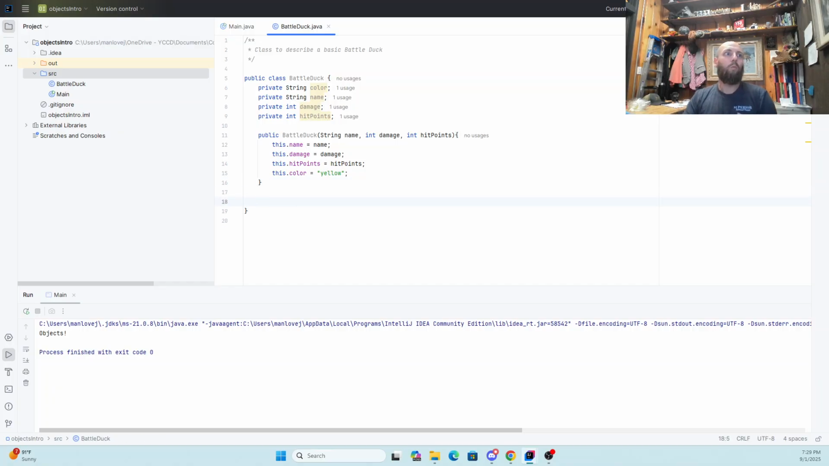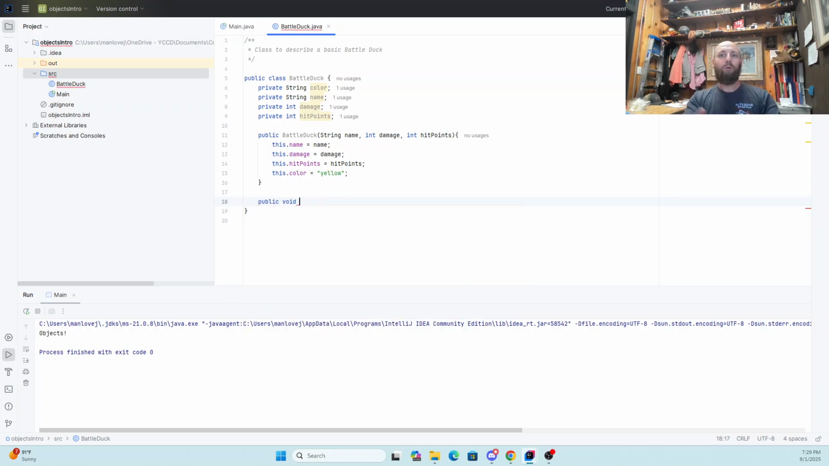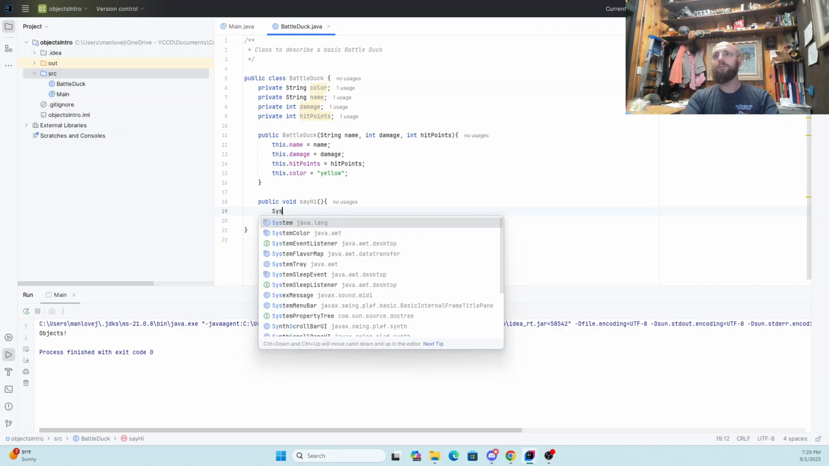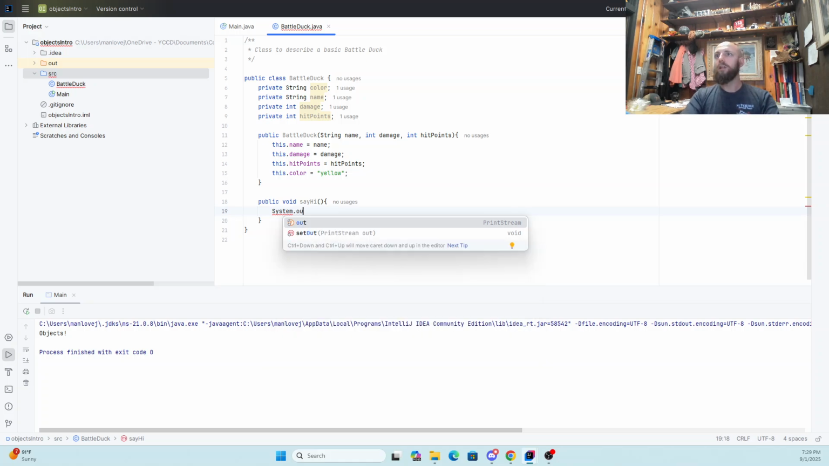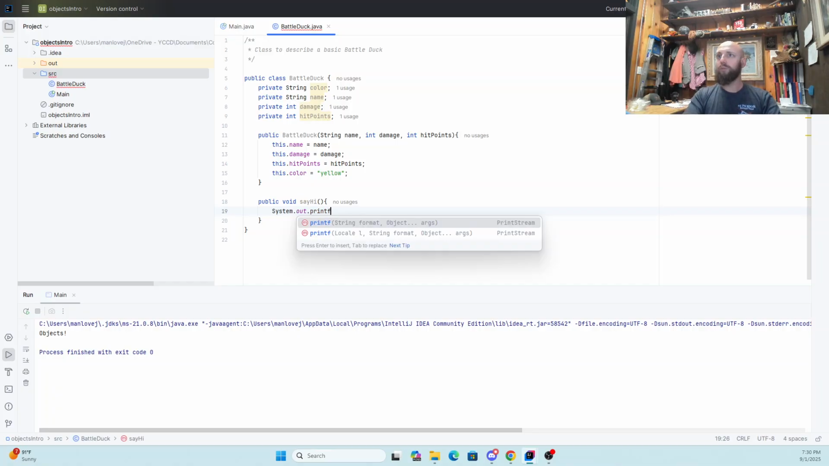I'm going to put one more thing in here. I have a tendency to do this. I'm going to put a public void method that's going to be called sayHi. And this is basically for me to use as diagnostics. So the sayHi method is just going to dump out some kind of a formatted print that gives all the information about the specific duck that I've created here. So we're going to make this a printing formatted string, and we're going to say, hi, I'm a battle duck